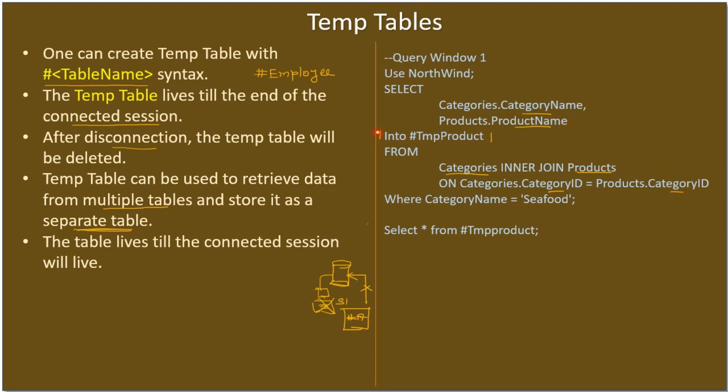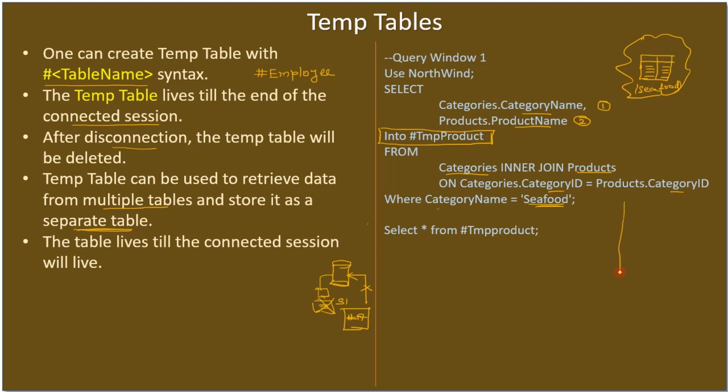So this is the data we are pulling, and the pulled data is kept in a temporary table. So select two columns, column 1 and column 2, into the temp table. The temp table will live in memory, and it will have 2 columns and rows of data which is pulled from this join. Here, the category name filter we are supplying is seafood, so the temp table will have all the seafood data. Once we keep this in memory,